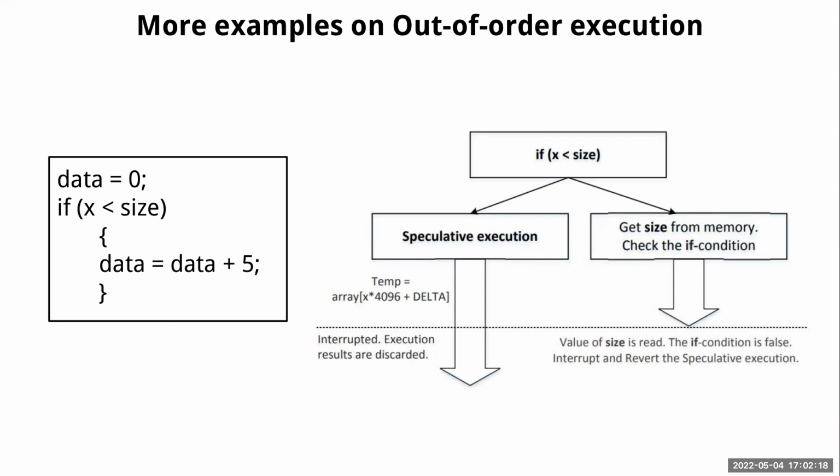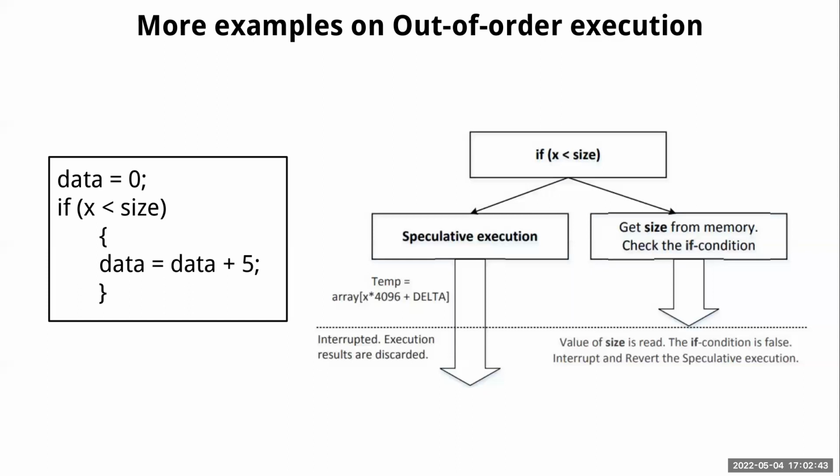With out-of-order execution, the CPU may execute several instructions at the same time, or execute later instructions at an earlier time, as long as the CPU has the resources to